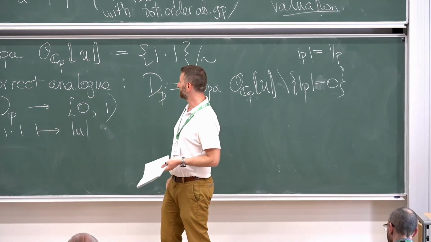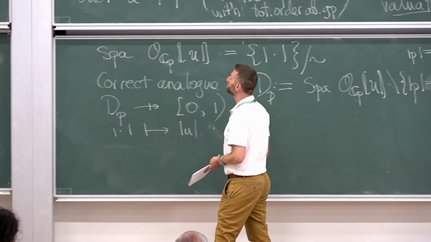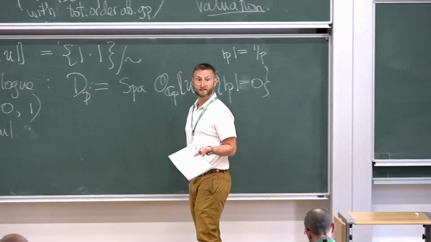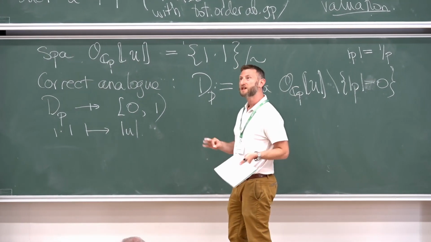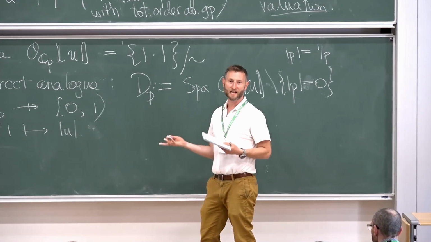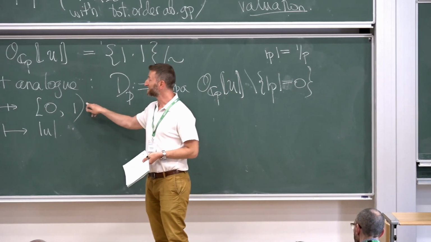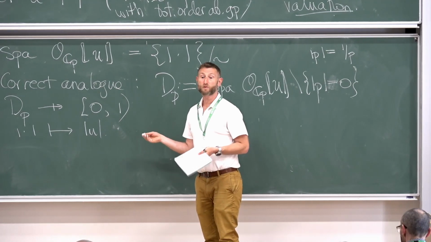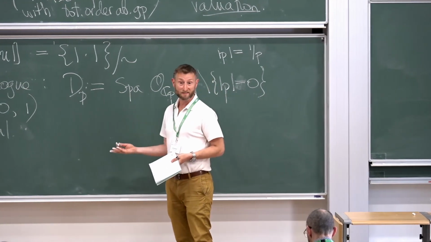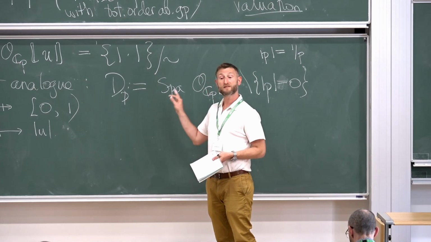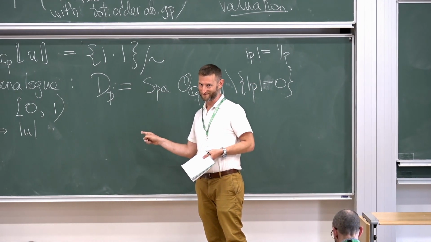And the cool thing about this is that you can make D_p into a topological space. This is going to be a continuous map, and in fact, it's surjective. So this D_p, it's interesting. It's a locally spectral topological space. It's not Hausdorff, but it's pretty big. Check it out. It has a surjective map to this interval. So once you really understand this example, you've gotten a feel for some aspects of non-Archimedean geometry. These are the sorts of spaces we work with. Questions so far?